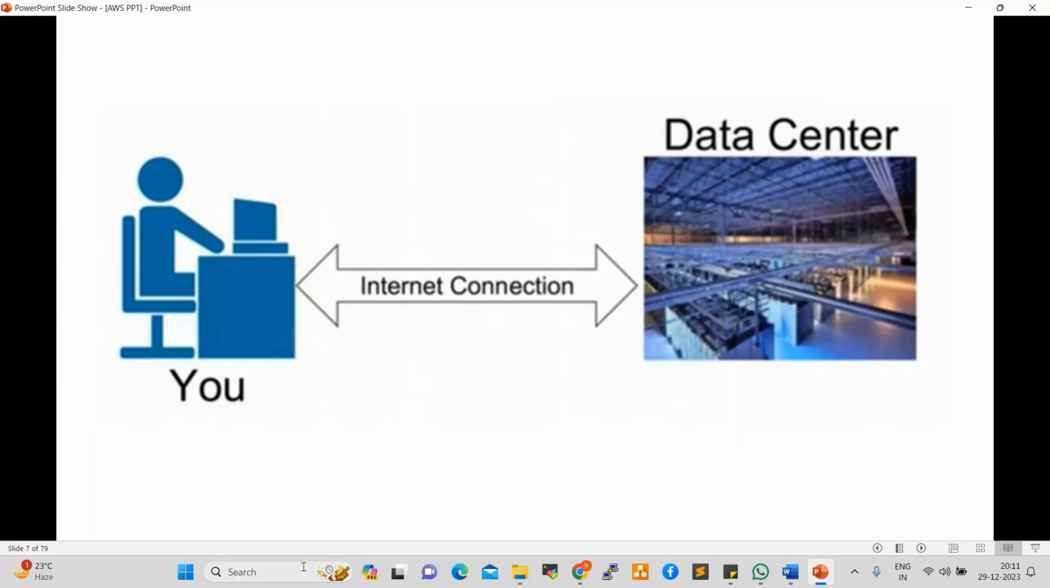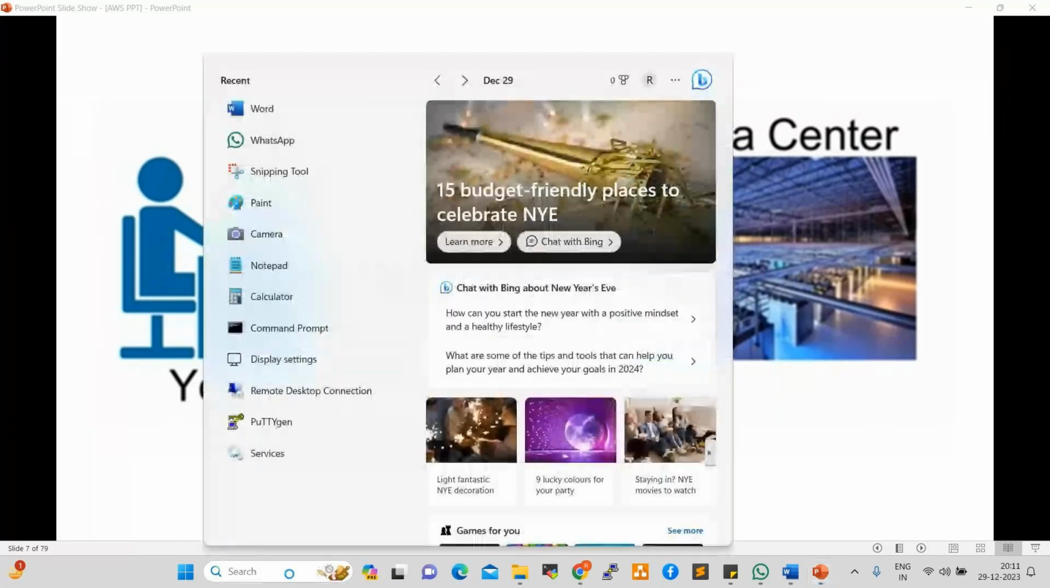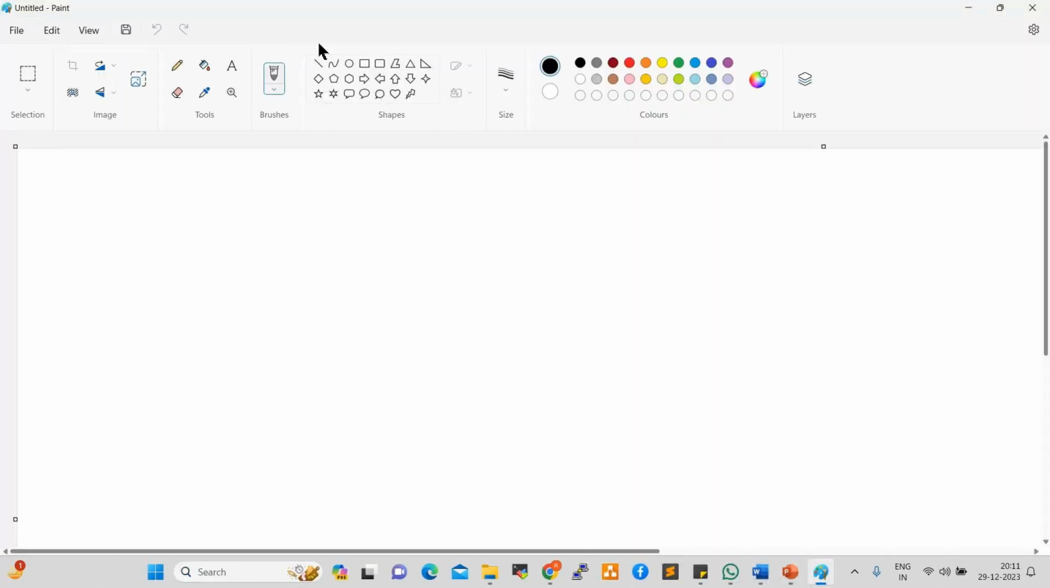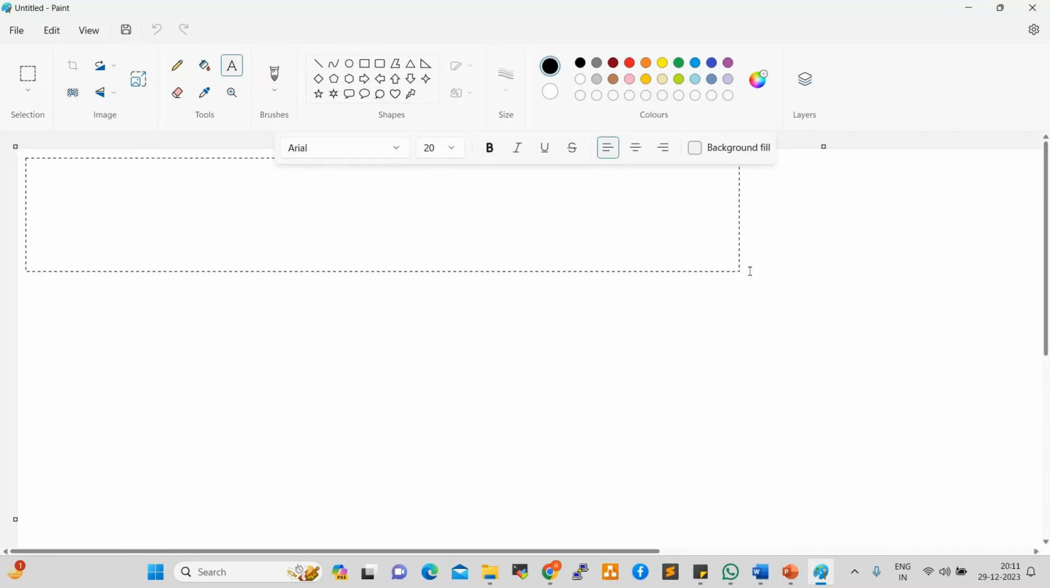Let's try to understand first. When we upload any data, any files or folders, directly those files will be uploaded to the Google data center, right? So what is a data center? A data center is a server room. It is a server room. People will also call it a hub room